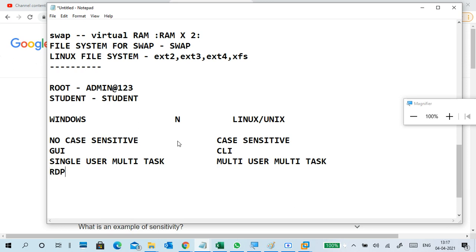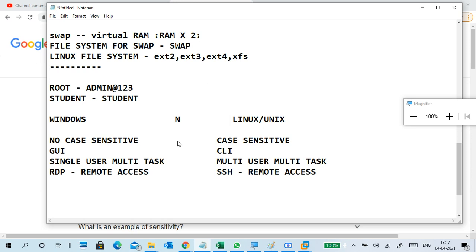We use the remote desktop protocol for remote access. Usually in Linux, we use the SSH protocol for remote access purposes in general.